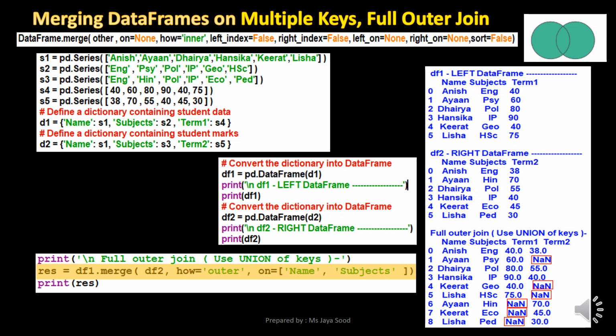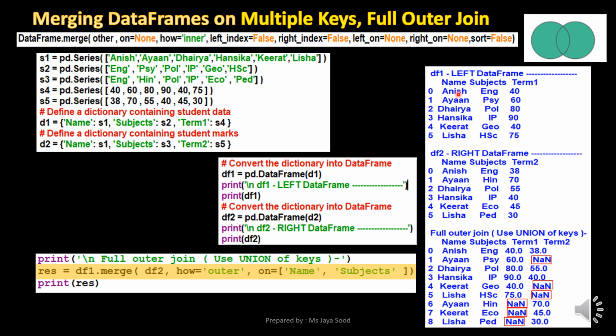Now let us create an outer join on multiple columns. Res is a data frame object which is created by writing the statement df1.merge(df2, how='outer', on=['name', 'subjects']). Since this is an outer join, the rows with all the name subject combinations from both the data frames will be present in the resultant data frame.